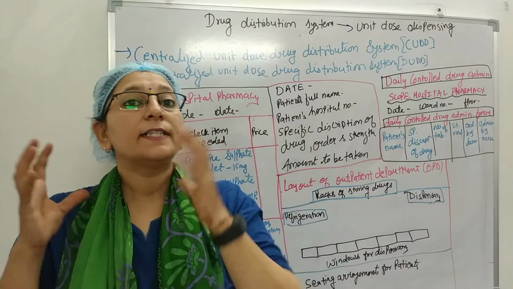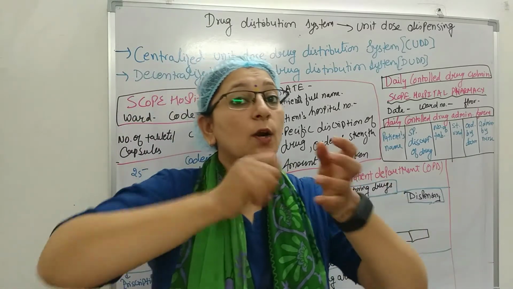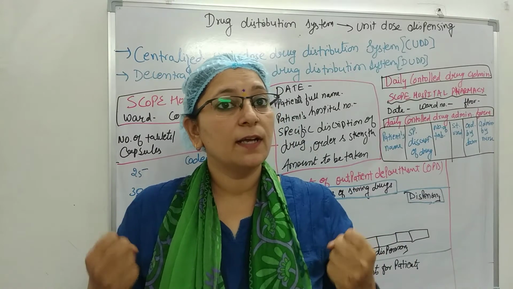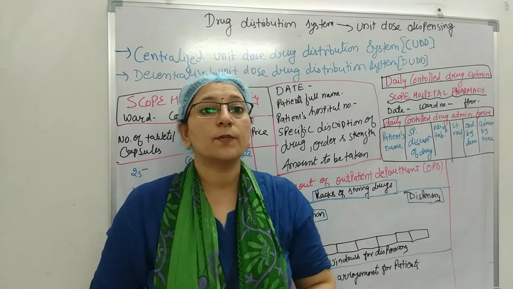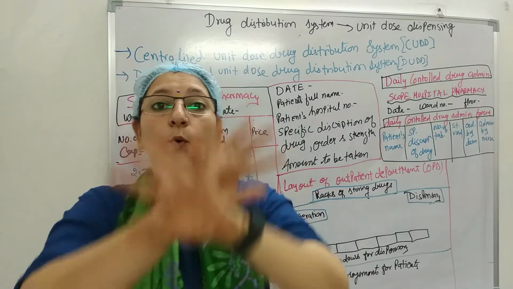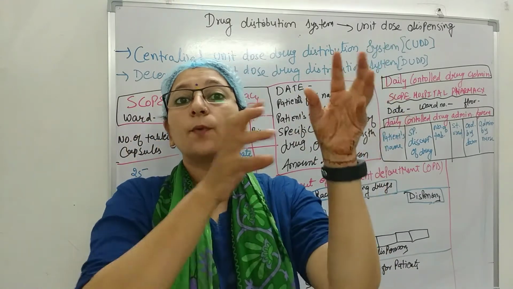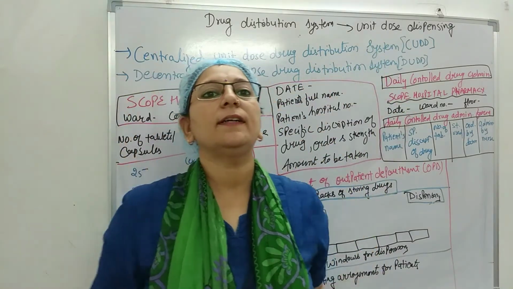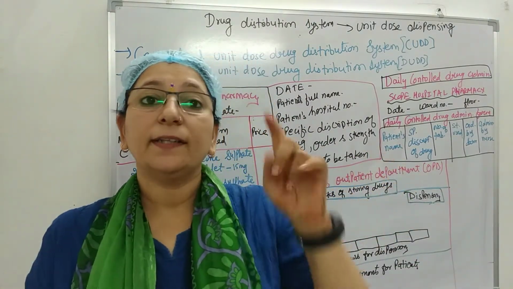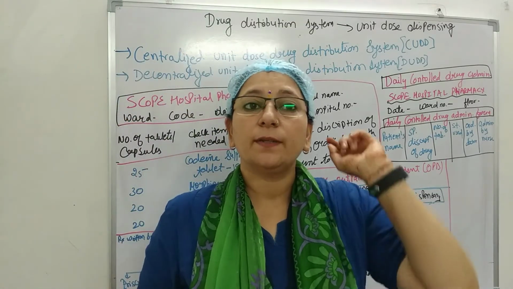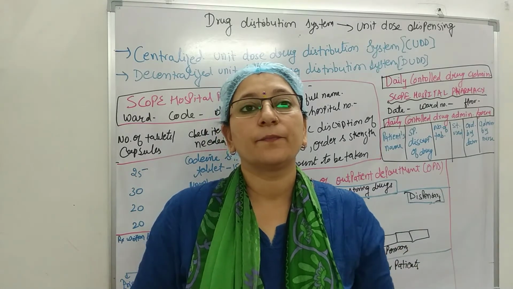Now the next is the dispensing of controlled drugs like narcotic drugs. These drugs should be kept under lock and key because they are controlled drugs. A separate register should be maintained to record them. So what is the procedure? The medical superintendent is overall responsible for handling of controlled drugs. The chief pharmacist procures, stores and dispenses the drug. So it is the responsibility of the medical superintendent to handle the controlled drug, and the responsibility of the chief pharmacist to procure, store and dispense the drug.